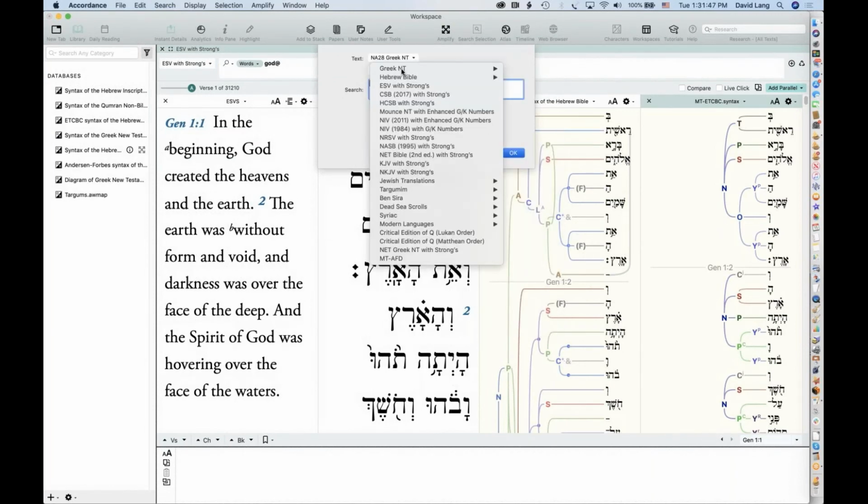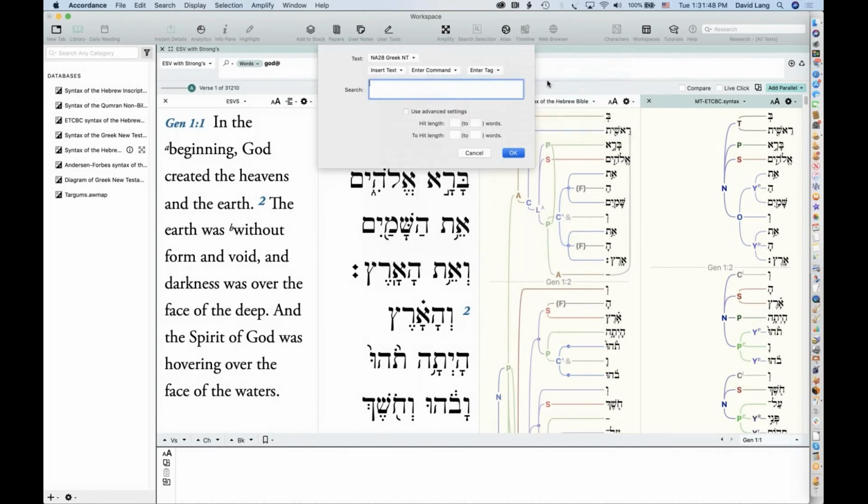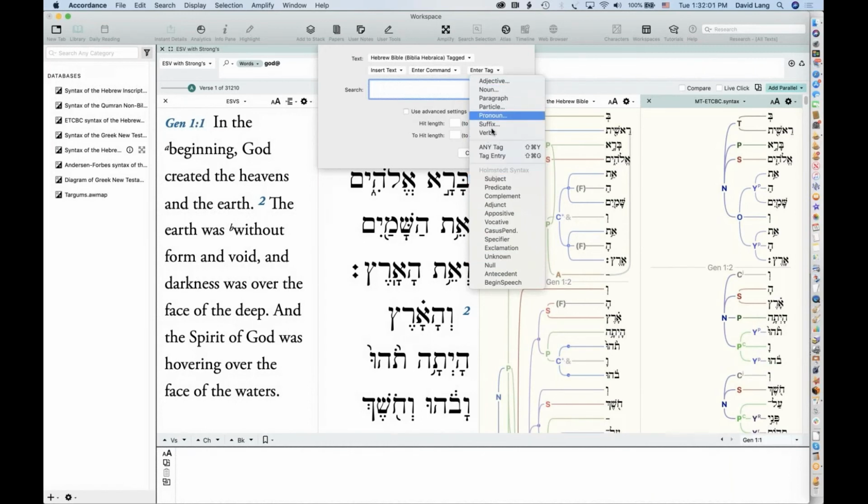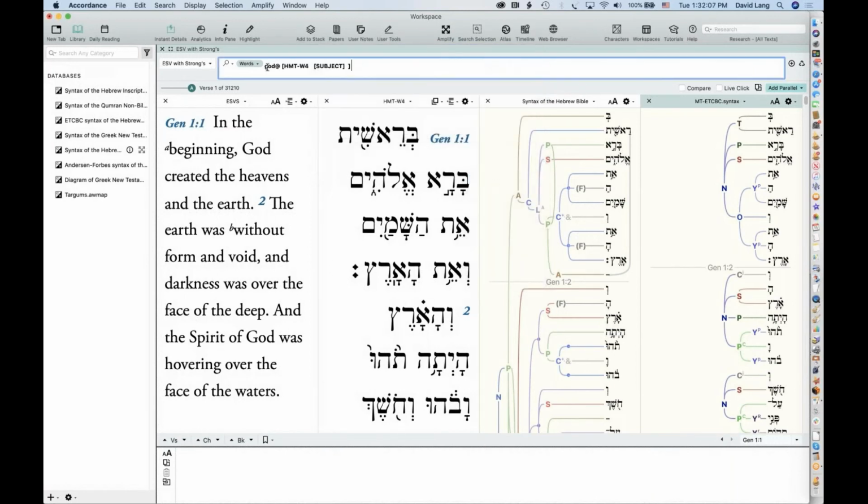I need to specify Hebrew Bible, enter tag, and I'm going to choose subject from the syntactical tags down toward the bottom. So these are the traditional morphological tags, and these are syntactical tags. So I can choose God when it's tagged as the subject in the Hebrew Bible.